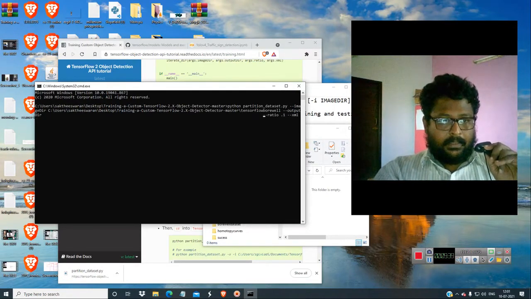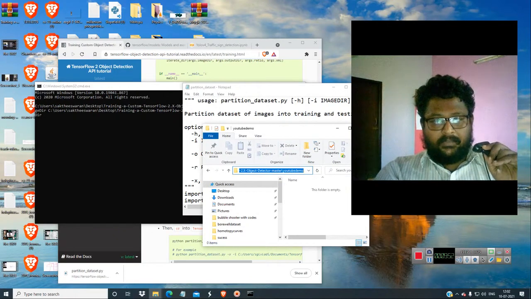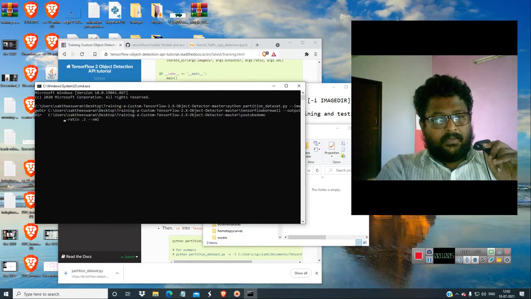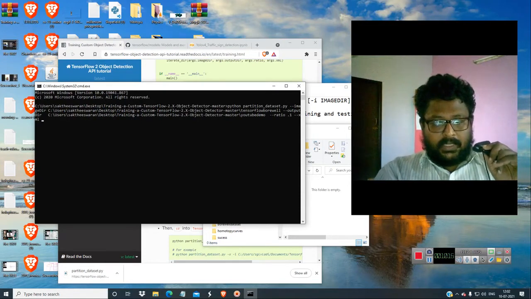Just get over here. It needs to be 0.1, because only then will you have very good results. For 1000 images, 10% is nearly 100 images. Again go to the ratio and set it correctly, because if it has a huge gap, it will not recognize it. We have given the output directory, the XML and everything. Go to the end and click enter.